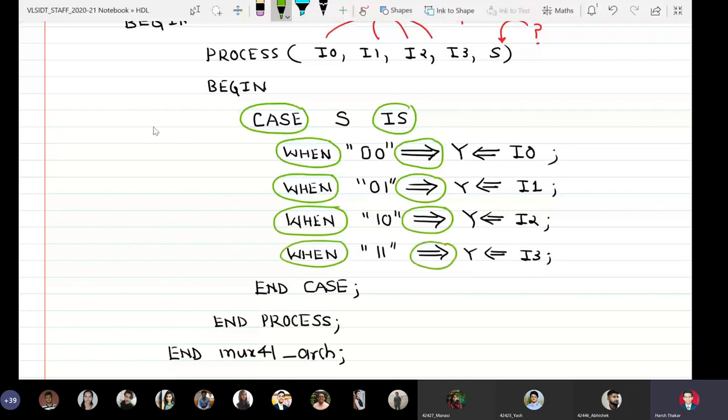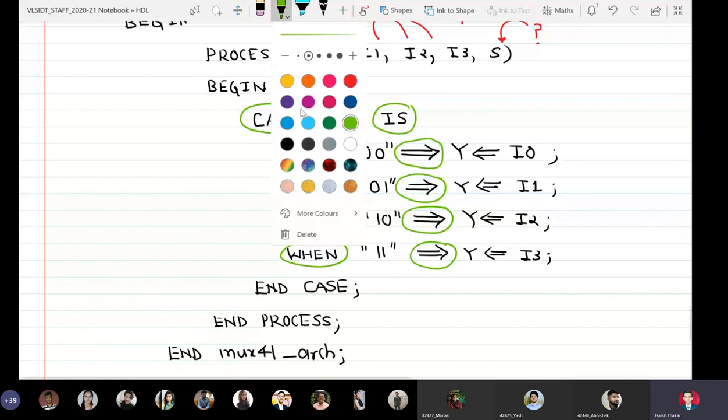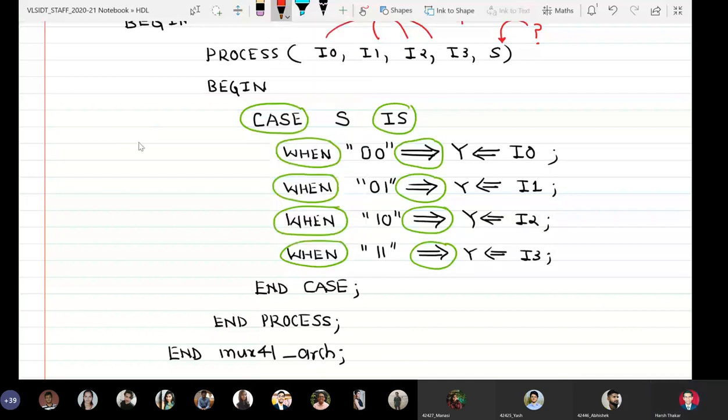Okay, so please understand that this is the assignment operator, which we have been using right from the VHDL model for the AND gate. Assignment operator, that is, less than and equal to. And what you saw here, equal to and greater than, this is called then.